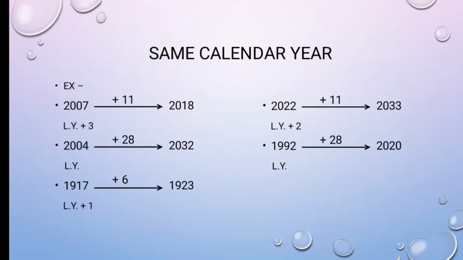Now let's say the year was 1892. It is a leap year, and you will add 28 to it. The new year will be 1920. This is the case of exception. 1920 is not the new year, and this concept fails us here. The question is how to find out which cases are exceptions.